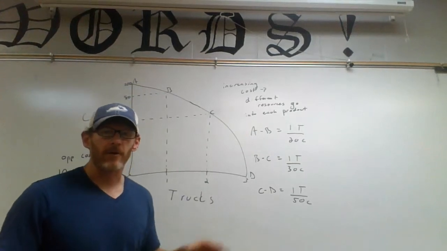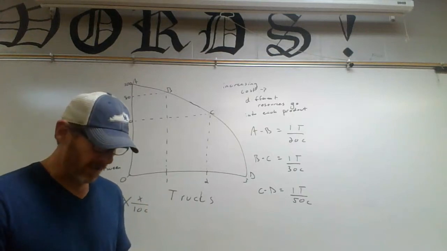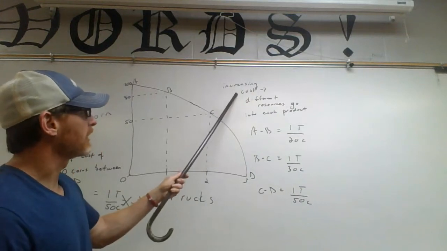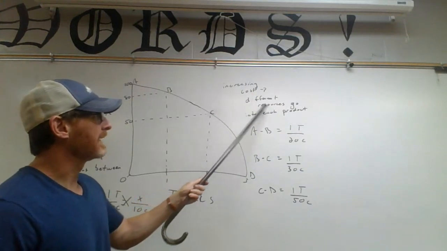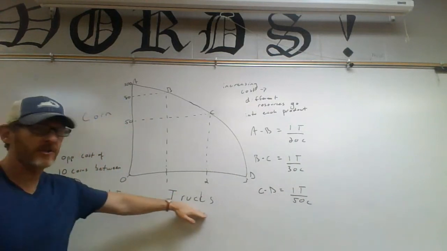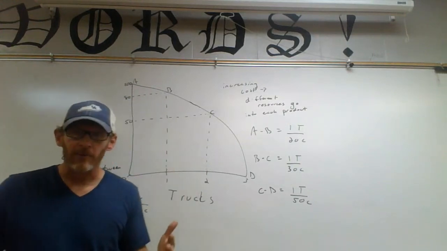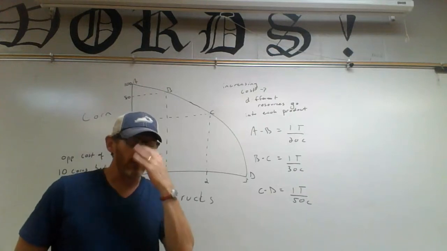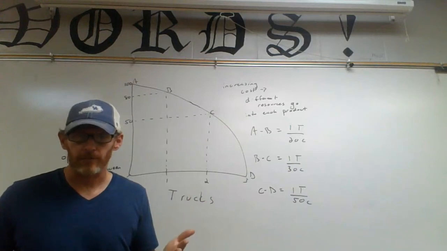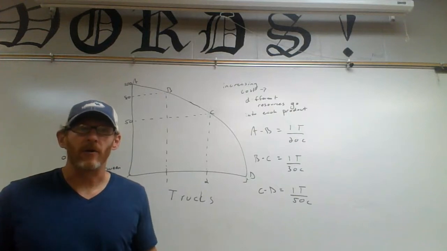Okay, I got a lot of stuff going on here, but I wanted to show you another example of an increasing cost, opportunity cost, or production possibilities curve. You can see it's increasing cost because the resources going into making each product are very, very different. In this case, we'll have trucks here and corn. Obviously, the resources that go into growing corn are much different than the resources that go into manufacturing trucks. So because they use such different resources, we are going to see